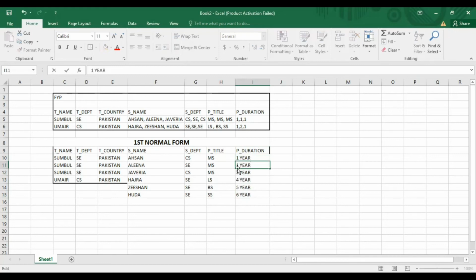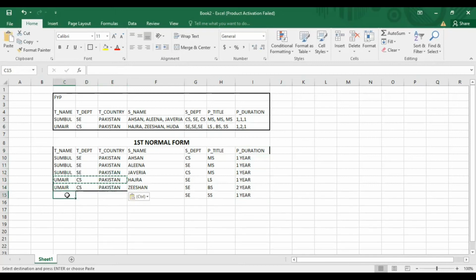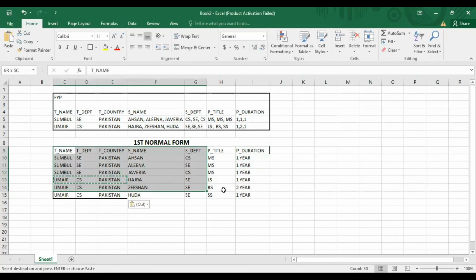1 year, 1 year, and 1 year. Okay, 1 year. And this one is 2, and this one is 1 year. Okay, copy this because they have the same teacher. Okay, so we have